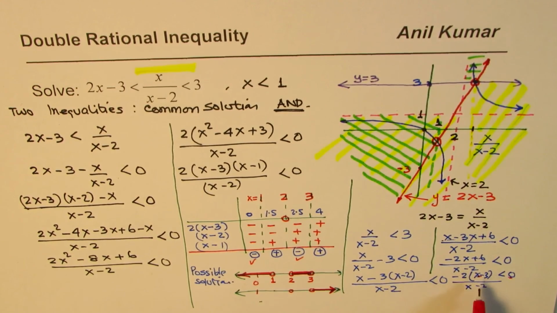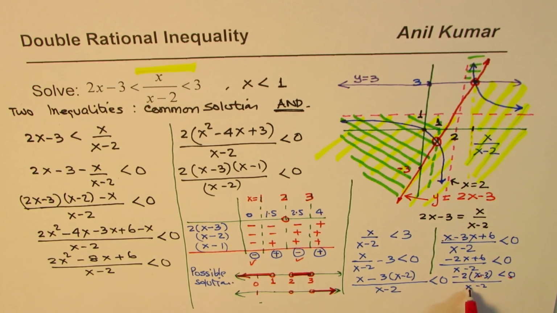More than 3. And if I take a value which is less than 2, there are two zeros only, right? So we are testing values on either side. So if I take a point less than 2, then also